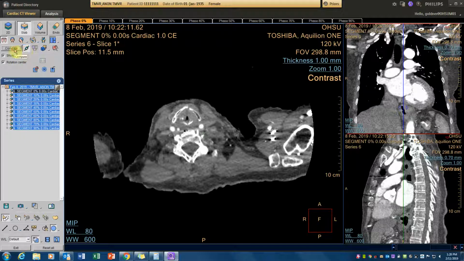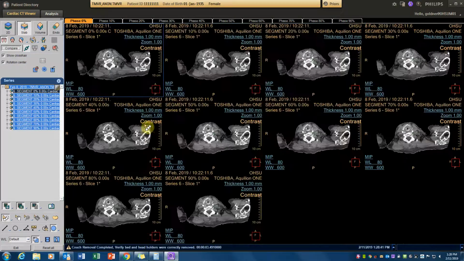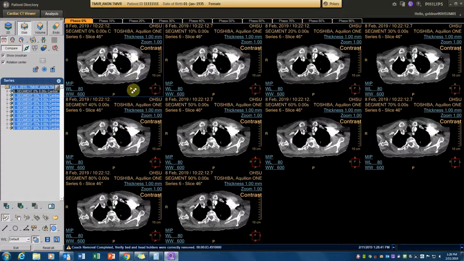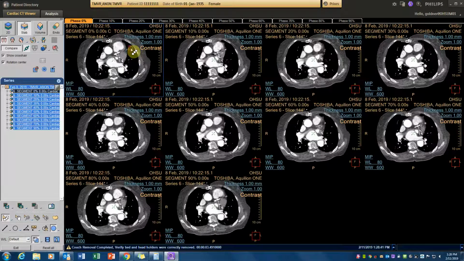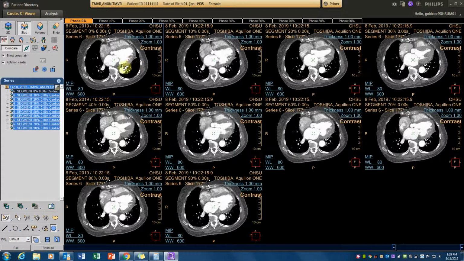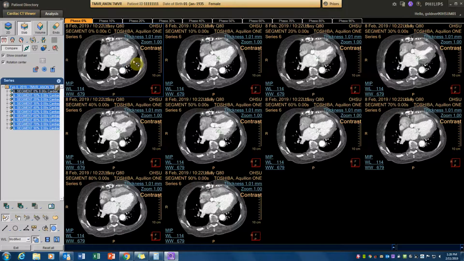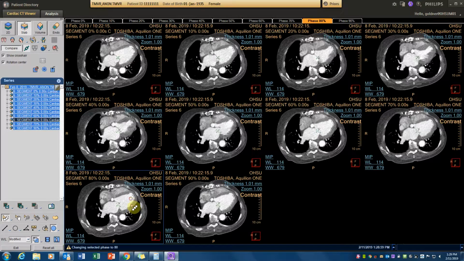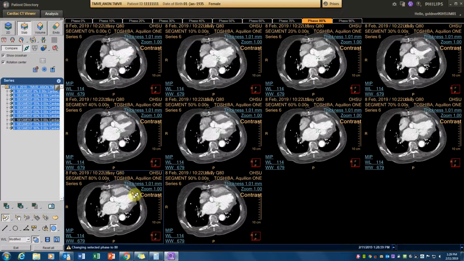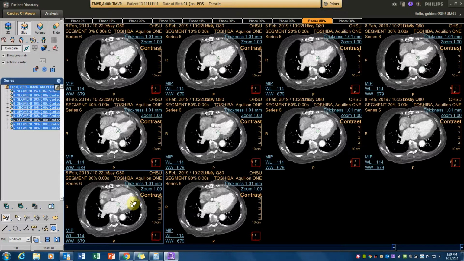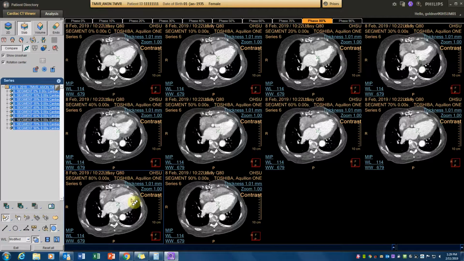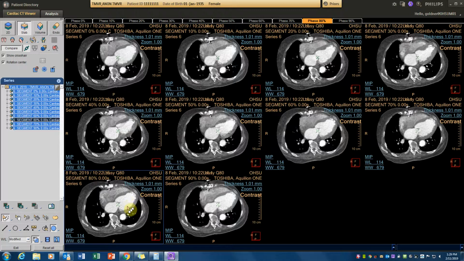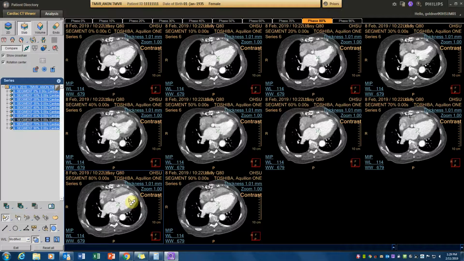Next up, you want to pull up all of the sequences at the same time and scroll down to the level of the mitral valve. And what you're looking for here is kind of a mid to late diastole. You want to see where the left ventricle is kind of at its maximal diameter,